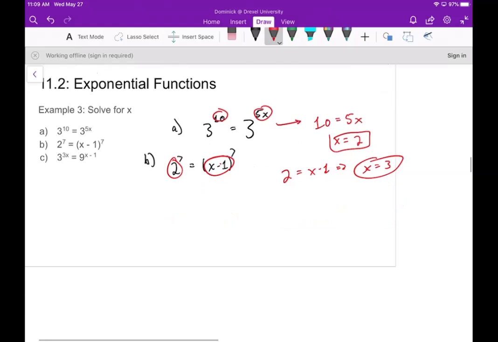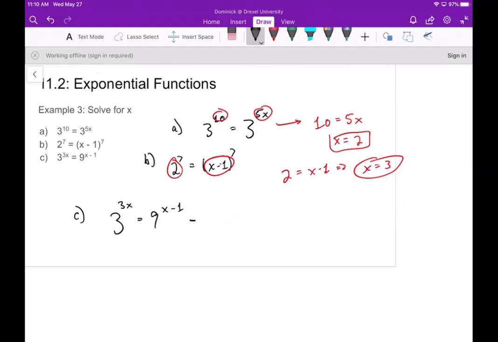Okay. Now, part C is interesting because we have 3 to the 3x is equal to 9 to the x minus 1, right? Now, with this type of exponential equation, the bases are not equal, right? 3 and 9 are not equal. And we don't have that the exponents are equal either, right? So we have to be a little bit more creative, right? But luckily,